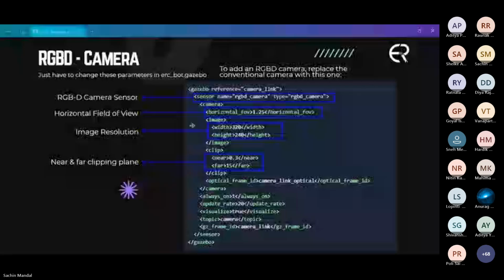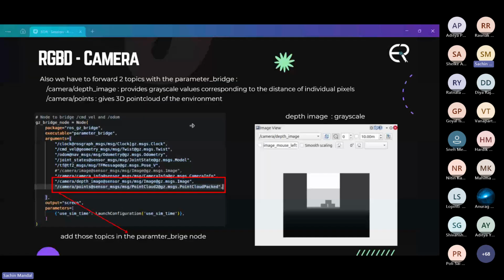Also, we have to add two more topics: depth image, which gives the grayscale values corresponding to the distance of each pixel, and points, which gives a 3D point cloud of the environment, to forward from Gazebo to ROS using the parameter bridge node and spawn launch file. On the right side, you can see how the grayscale depth image looks.